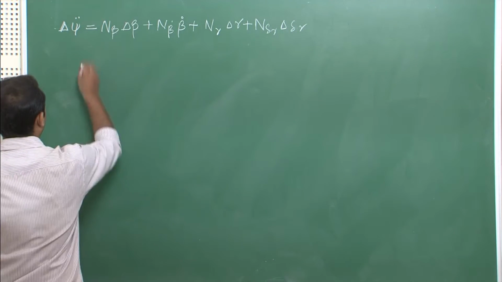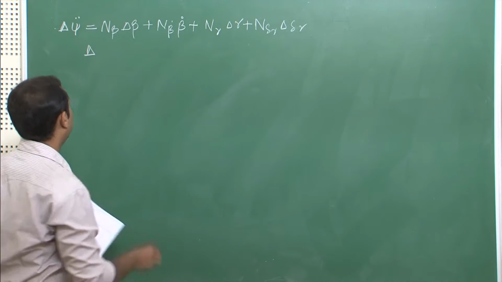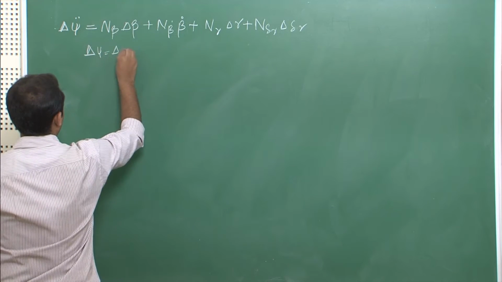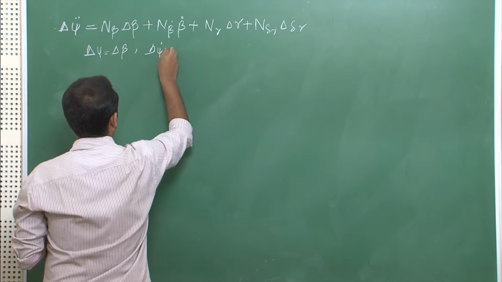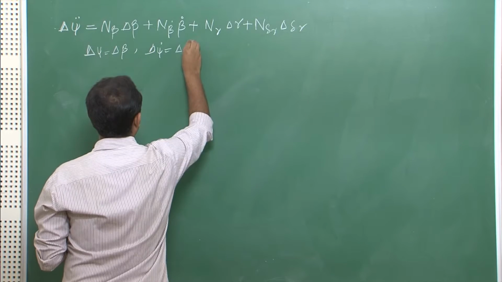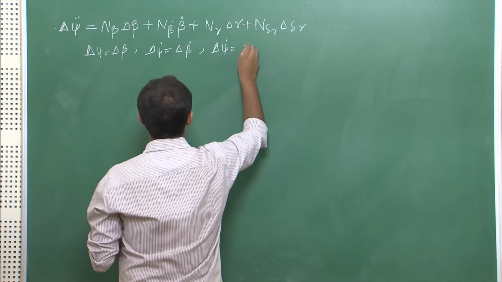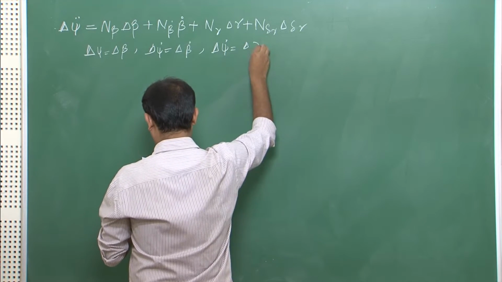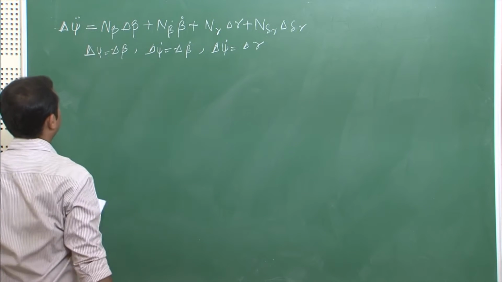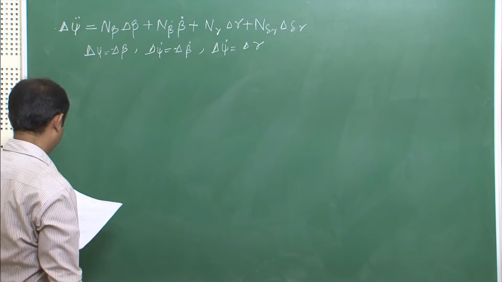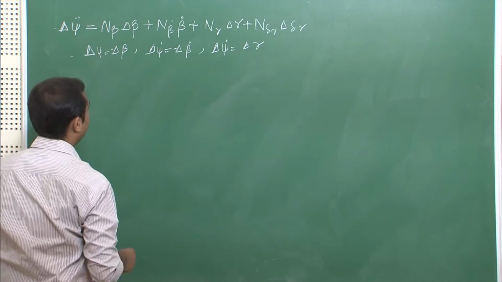As you know, since the body is constrained for yawing motion, you can write delta psi equals minus delta beta, delta psi dot equals minus delta beta dot, and delta psi dot equals delta r. Further, using these values in my differential equation, your differential equation will become